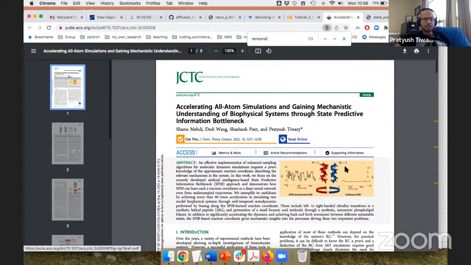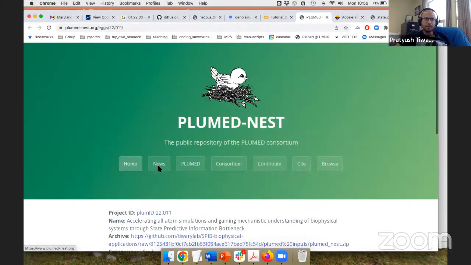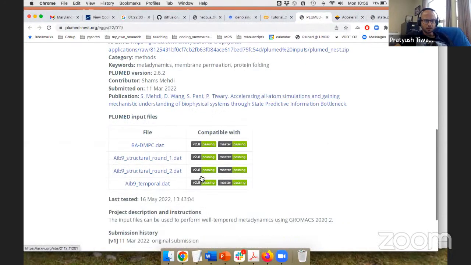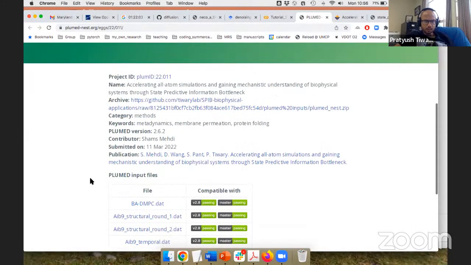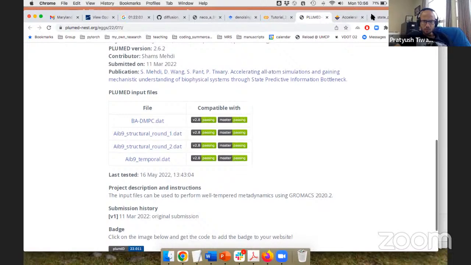In this case, getting a metadynamics variable which improves the sampling for you is actually not that easy. So he started with an unbiased system, put in all the dihedrals, and after a few rounds, he got something like this. So I really highly encourage you to go and do it yourself. If you have a supercomputer where you can run it, we have provided all the files over here, and you can directly run everything. And if anything is missing here, tell us and we will update it on the PLUMED-NEST,